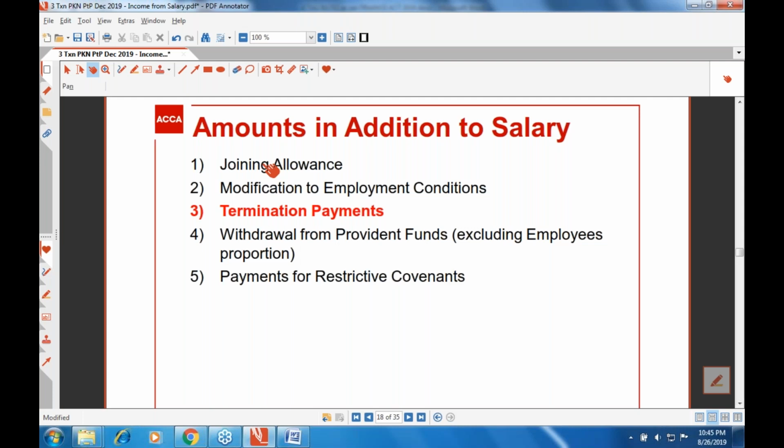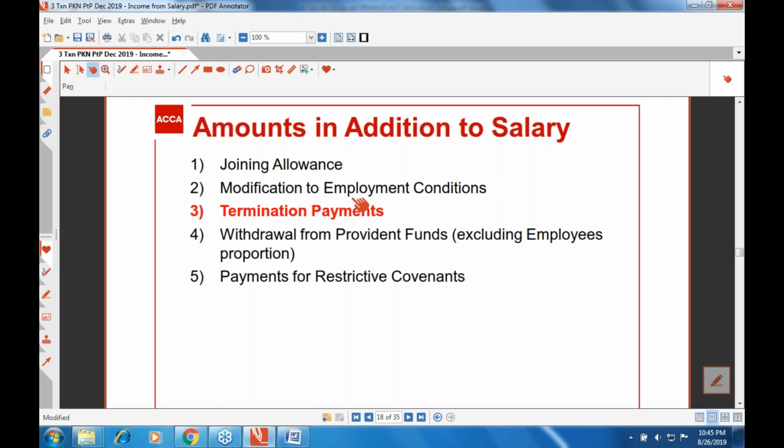So the employer tells you that okay, we're going to give you a joining allowance, which is going to be 3 months salary, which you can pay to your existing employer and get relief from them and join us. So basically the amount included in salary is this joining allowance, which is being paid by the employer to the employee, that needs to be added to the salary. Number two,